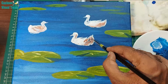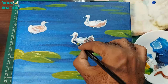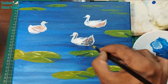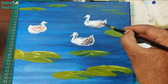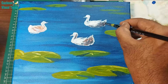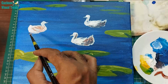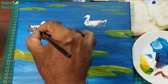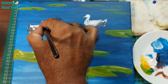So now this dark blue I have taken and just applying over the brown what I have applied now. So instead of applying this dark blue directly, so I have applied this light brown, then I'm applying that, just to make little warm color to the duck. So I will make the duck in the left more darker, more of brown, and